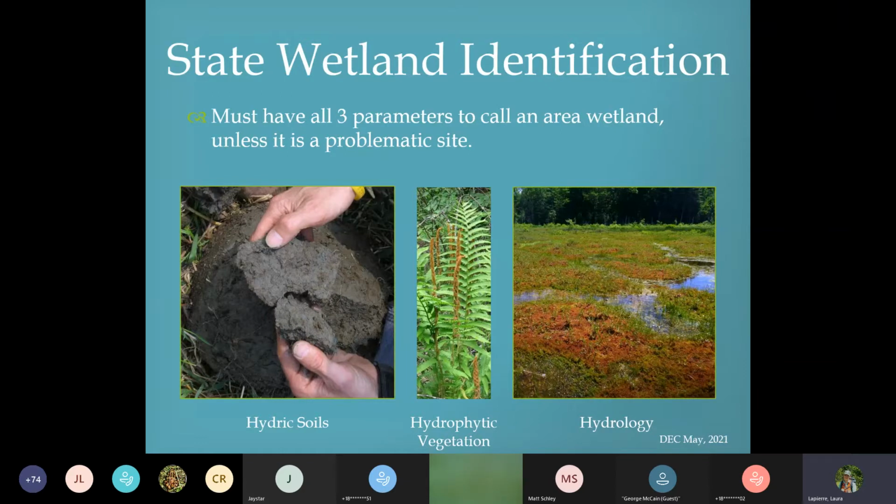Problematic sites include vegetation disturbance areas, like your mowed areas like lawns, soil disturbances such as plowing, and also drought conditions, which very recently we were in drought. And with the recent rains, we may be out of that drought, but that makes it more difficult to find wetland areas. So we need to keep that in mind, and it is another reason why we work with professionals to identify these areas.